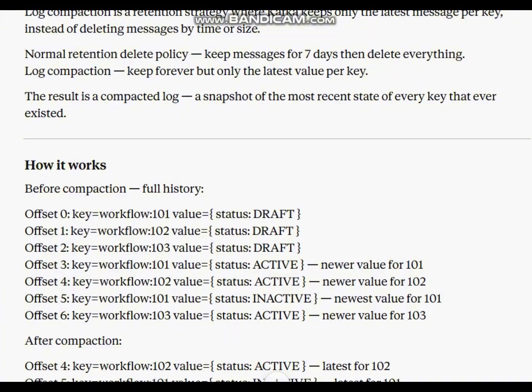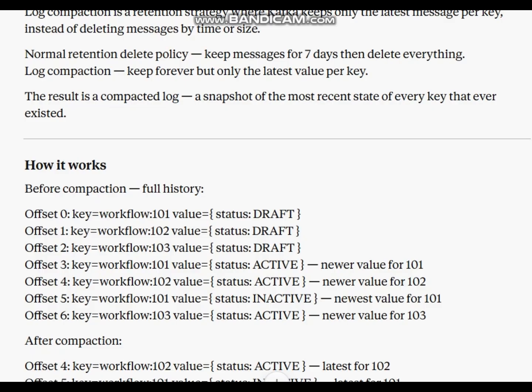Offset 4, key workflow 102, value status active, newer value for 102. Offset 5, key workflow 101, value status inactive, newest value for 101. Offset 6, key workflow 103, value status active, newer value for 103.